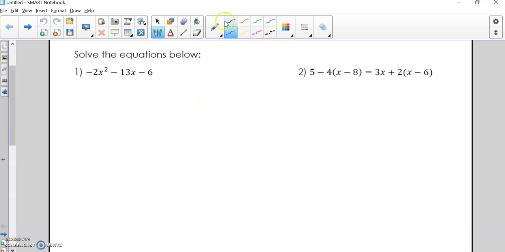This first one probably pretty obviously just yells quadratic formula. So for this guy, I'll go ahead and write out the formula as usual. Okay. So now that we have our formula, we can go ahead and identify what our A, B, and C are